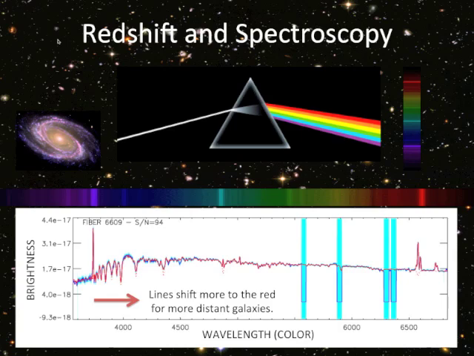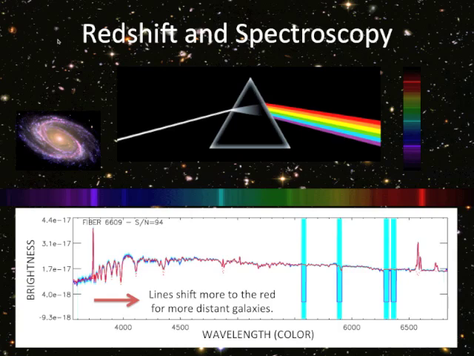I don't want to go into much detail about how these spectral emission and absorption lines come to be, but what's very important is that if this line here, for example, which is a line of oxygen, or that line there, which is a line of hydrogen, no matter what the color of the galaxy is, no matter if the galaxy is red or blue or green, that line will always have the same frequency or the same wavelength. That means that the light from that line always has the same color.